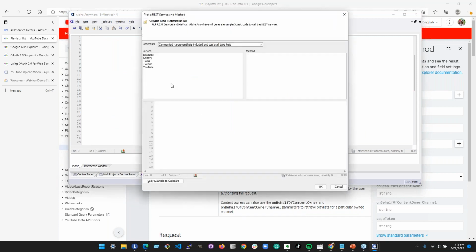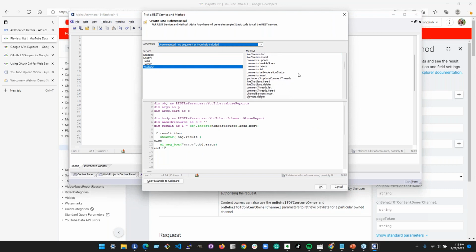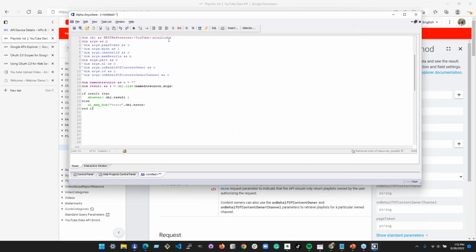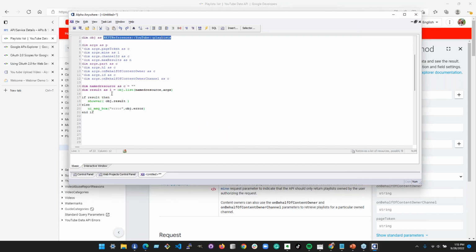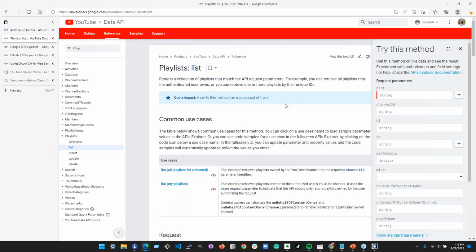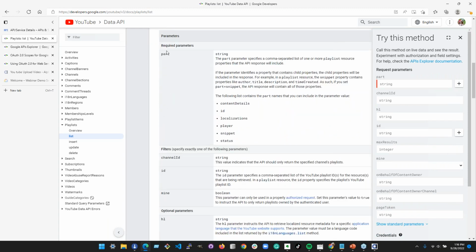Here is the REST reference for YouTube, uncommented. Let's go find playlist list. So this is the object that gets created. It's a playlist object. And here it is called, and it calls the list endpoint. So playlist is this, and the function name here is this option in this menu. So that's how you can look these things up. And list is pretty simple. It requires a part.